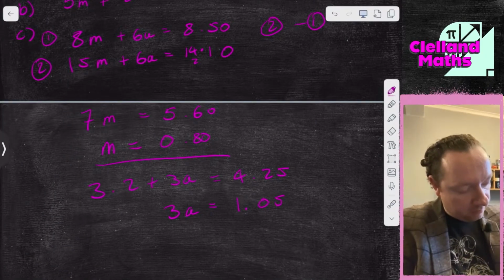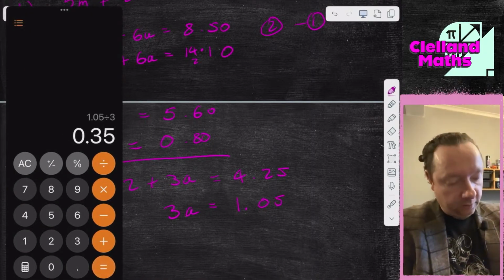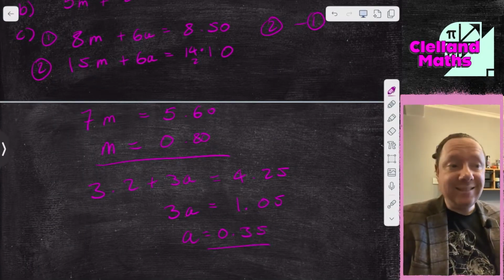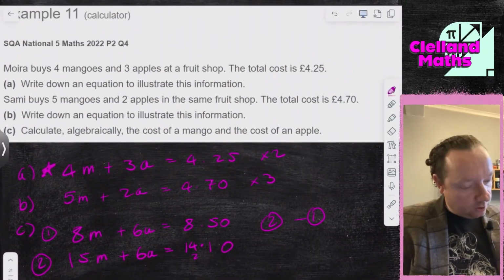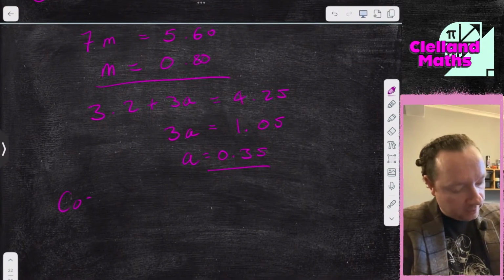And then divide that by 3 again. Whenever you're not confident, or you just can't be bothered, calculator is your friend, 0.35. So a is 0.35, but that does not answer the question because the question is asking me, what's the cost? Well, that's in pounds, so I can say cost of a mango,